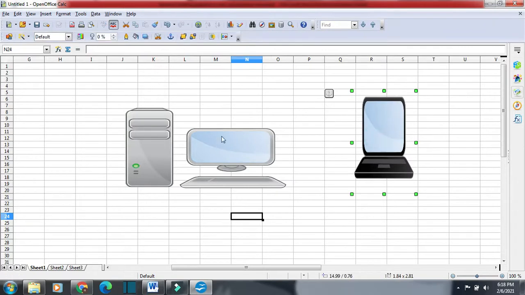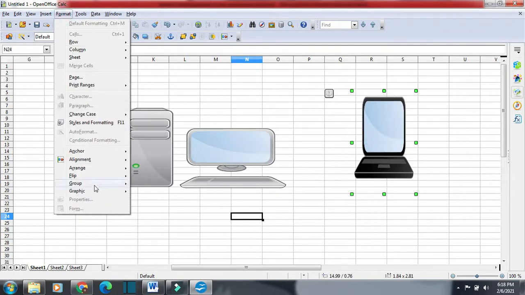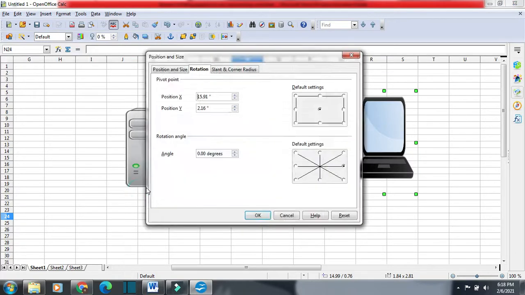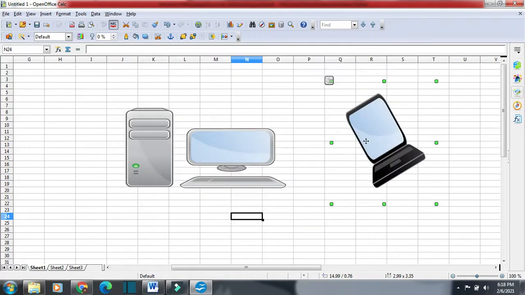So we'll select this one, click on Format, then Graphic, and then Position and Size, and we can change the rotation angle from here. Suppose I want to rotate it by 30 degrees, I will just click on OK. The image will get rotated by 30 degrees. So this way we can rotate the image, we can change the size of the image, and we can change the position of the image also.